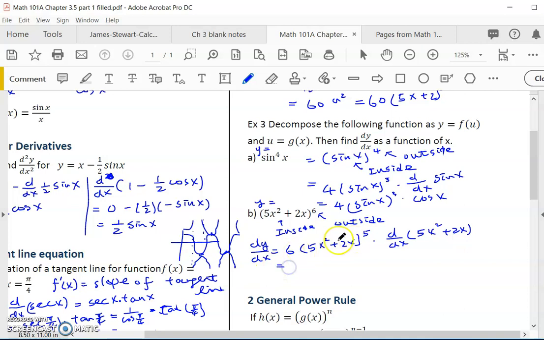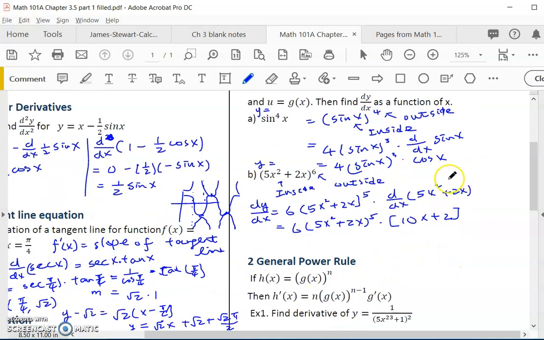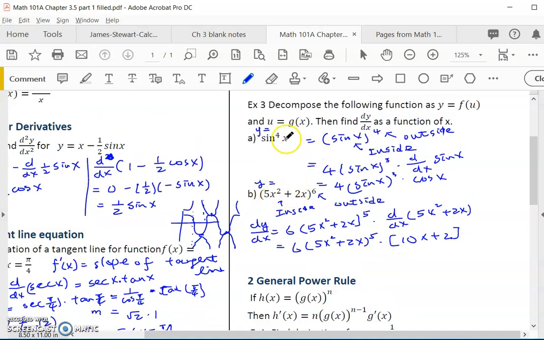What would that be? This I just copy: 5x squared plus 2x to the 5th, times the derivative, which is 10x plus 2, right? And that's the final answer. I think there is no common factor or anything, so that is the answer. If we know this, you will notice that a lot of the time our outside is